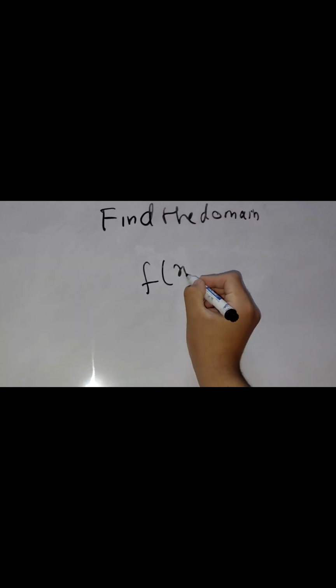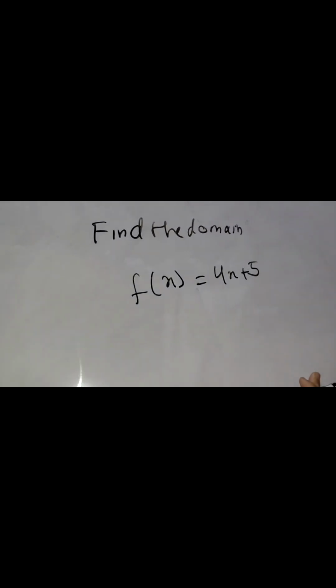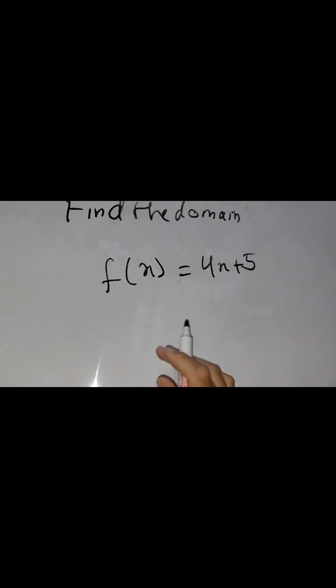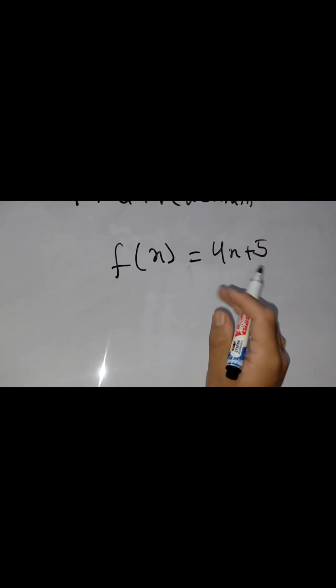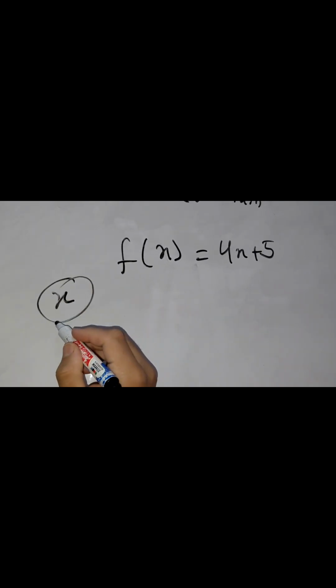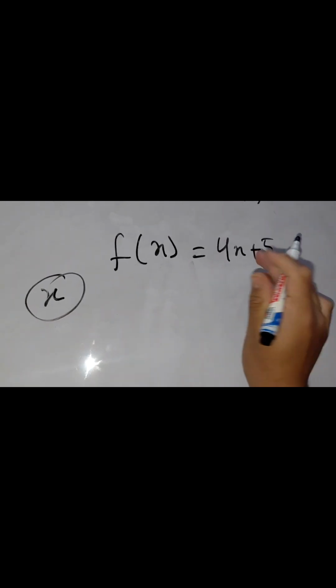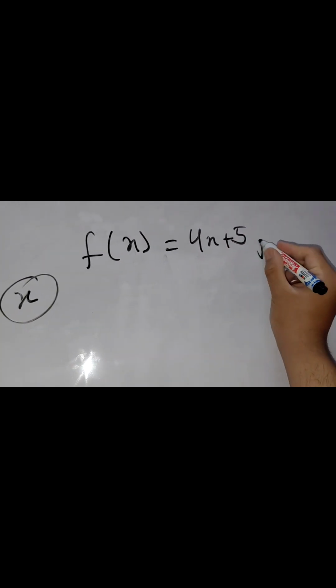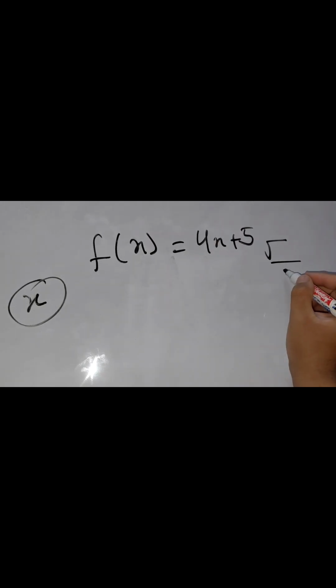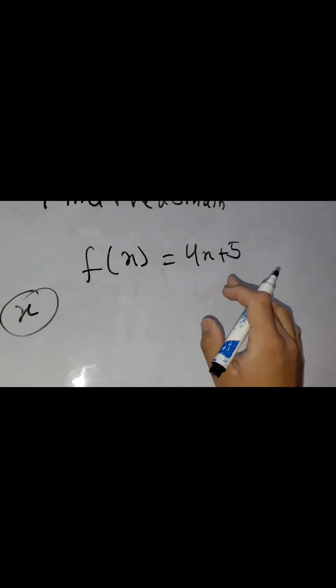Now let's go with the easy question first. Okay, we are given a question, f of x is equal to 4x plus 5. If this is given, है, 4x plus 5 is given, now इसको डोमेन निकाल्नु पर्छ। What is domain? As I said, all the possible values which it can take, मतलब इनपुट जति पनि लिन सक्छ, that is domain, है x value जति पनि लिन सक्छ। Now in this case, is there any square root? No. Is there any fractional part? No. So के हामीले 0 र डिनोमिनेटर 0 हुने र स्क्वायर रुट नेगेटिभ हुने चान्सेस छ र छैन।